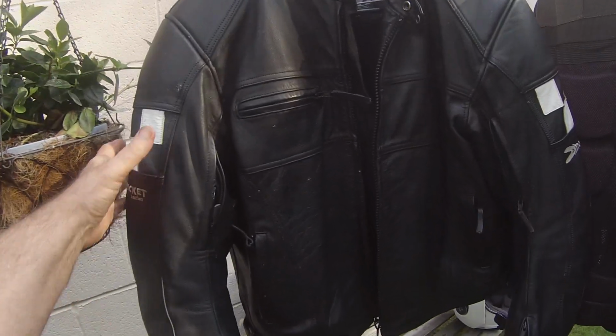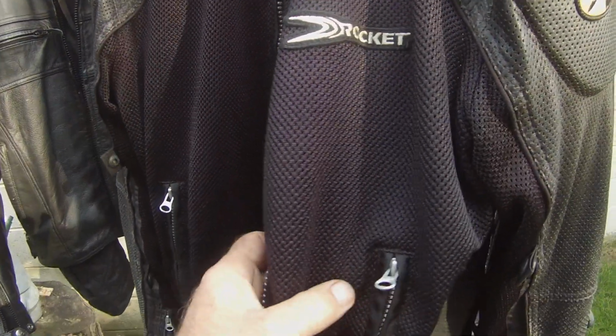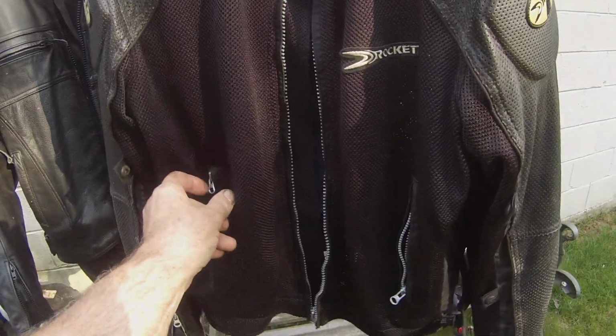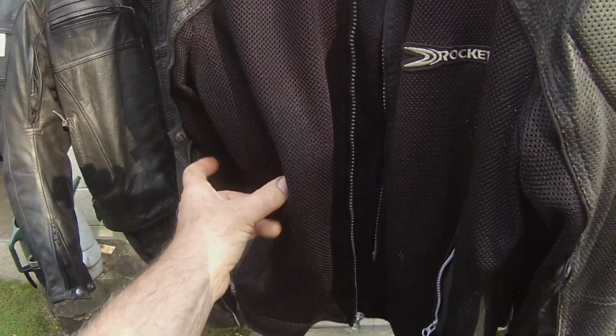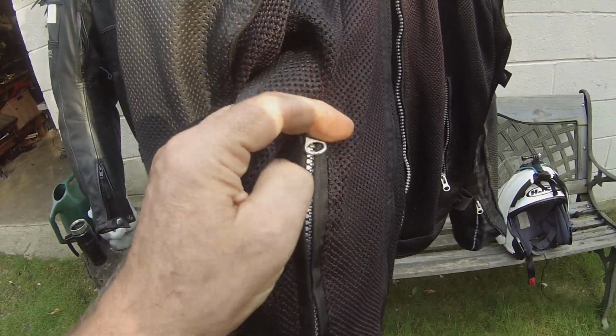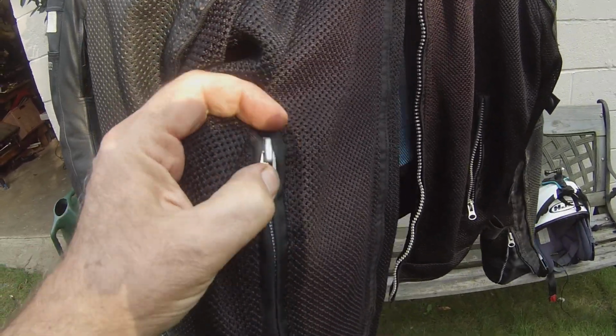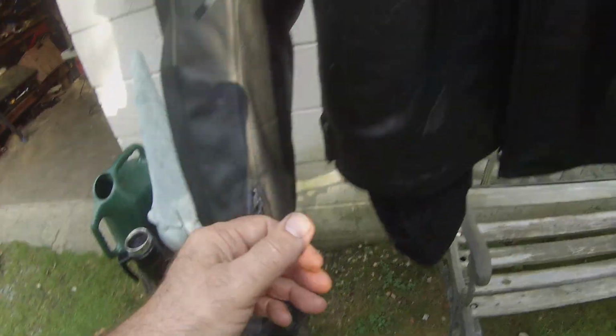I am going to make a video about the zipper tab, the pull tabs on your zipper. I'm going to try to make this camera stay still. You know how hard it is to reach in to get your zippers when you're riding with gloves on. You can't, they'll be tucked away in this little cover here. Of course, it's not going to go in there now, but you can't get it out. When you're riding, like if you want to open your vents or your wrists or your jacket, it's in that